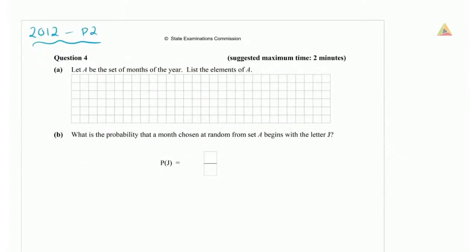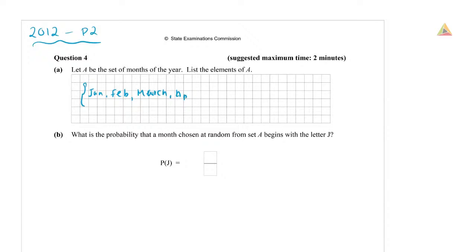Okay, so if we look at question 4 here, let A be the set of months in the year, list the elements of A. So literally what you're going to do here is you're going to list all of the months. So you've got January, February, and this is the way you do it. You put it in the set like we see here. So we've March,